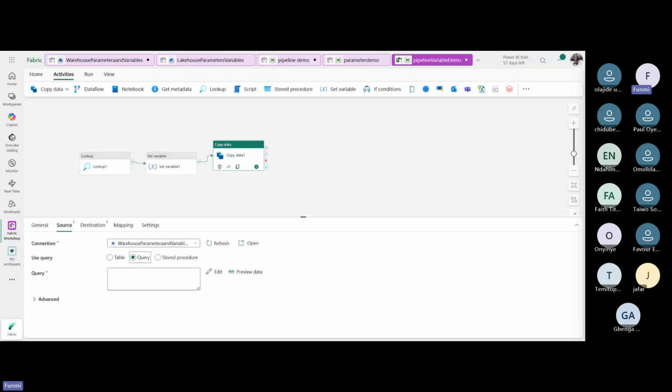So it's usually going to be a select query. So select star to pick out everything from the particular table, whatever table. Select star from so and so table where this equals the variable. So I'm going to write the query here. Like I said, pipelines in Fabric help you with some of the queries, Fabric expressions, but it's just like a simple SQL query. So I'm going to do a select star to get the table,